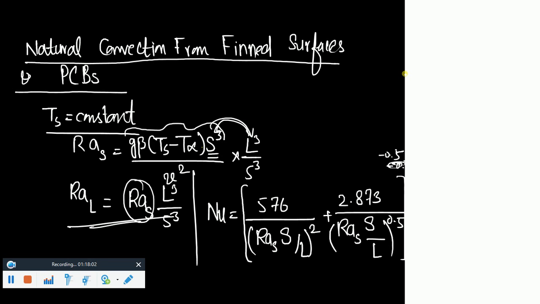Okay, so this is minus 0.5. Yes, the vertical ones. Why? Because if we keep them horizontal,